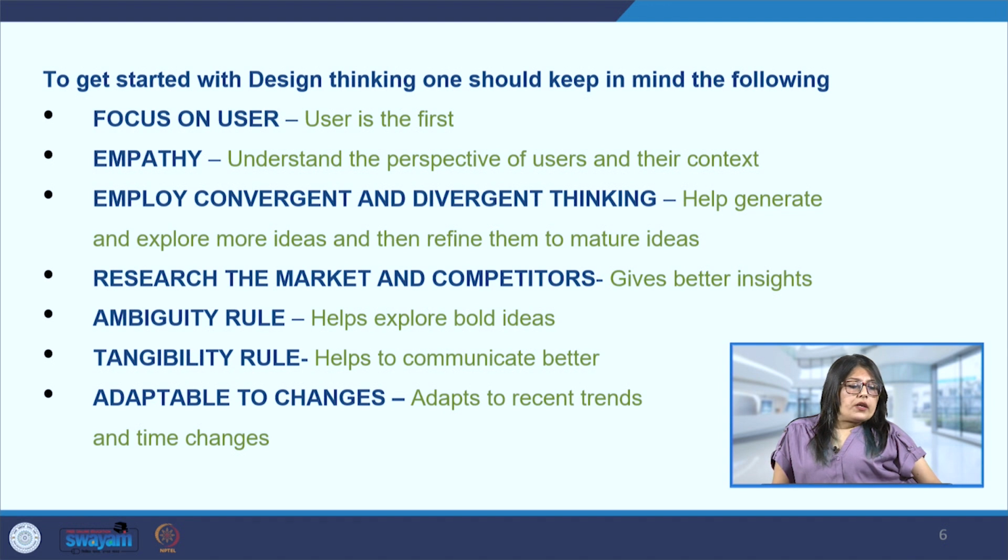So a few of these things is to understand the market landscape. When it comes to that, there are several points that one has to look into. So for example, identify the trends. So what are the current trends in the market? We know that trends keep on changing, and the preferences of people keep on changing depending on the context and need and many other factors. So what are the ongoing trends, so that when we launch our product into the market, it is not something which is primitive, but something which is more future oriented and which will also cater to the needs, keeping in mind the 3 points that we have seen above, the research and market competitors.